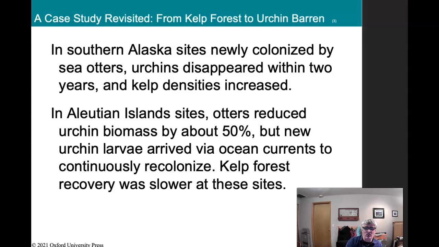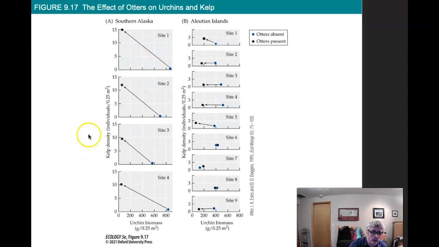And in many of these sites, otters reduced urchin biomass by about 50%, but new urchin larvae arrived via ocean currents to continuously recolonize these areas, and kelp forests recovered at slower rates. And so it's not a light switch. You have certain areas where, like in southern Alaska, otters showed